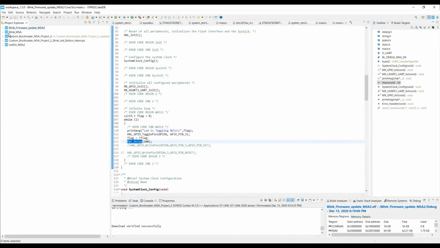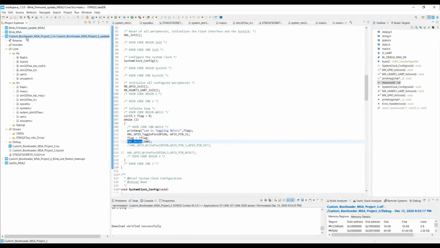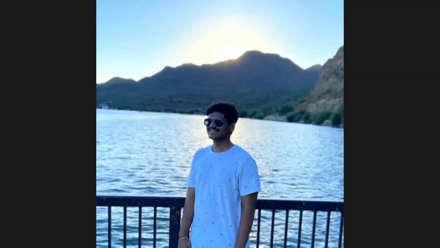Once we have all these applications, we could flash them and check the working as shown in the demonstration. Let's see the ST-Link utility.